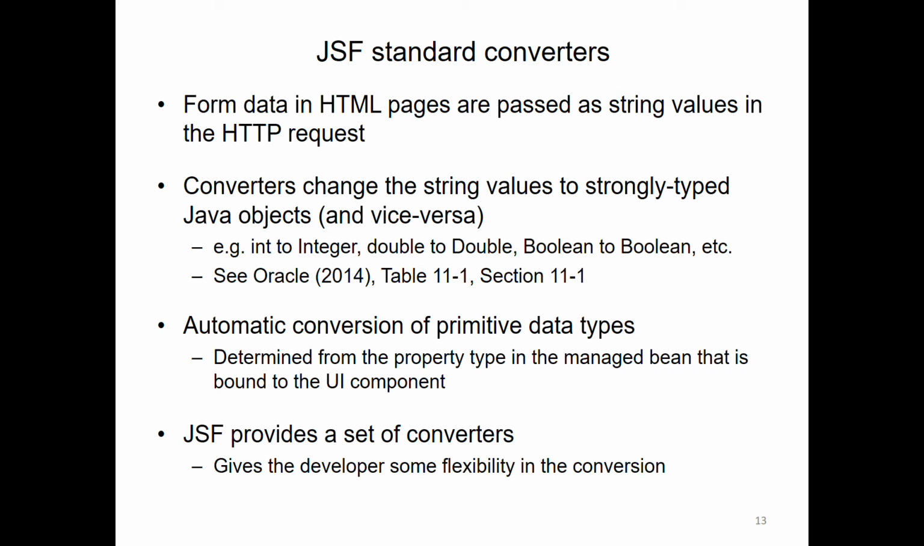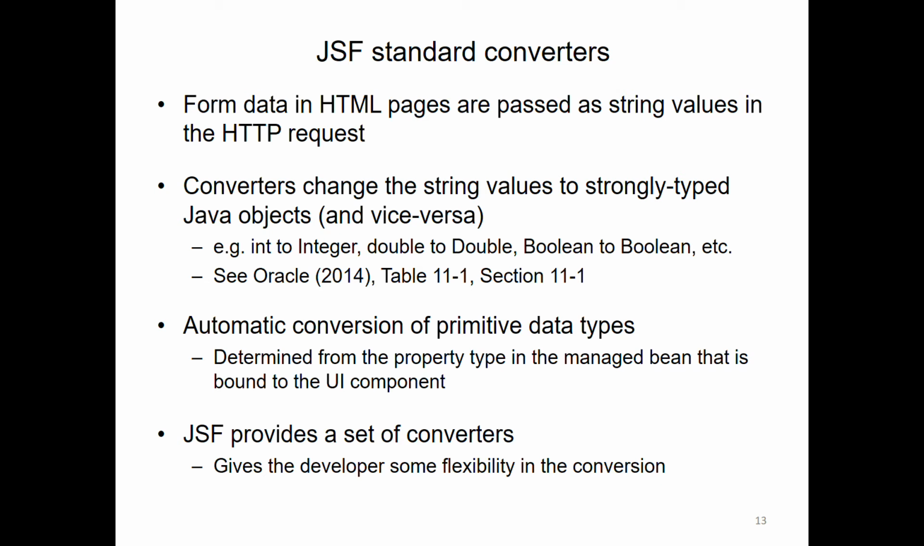But as we know from our work in Java before, that could throw an exception. We can get other kinds of exceptions that occur. Those are the kinds of things that will cause the conversion to fail. And if the conversion fails, the entire life cycle is aborted, and the original view is rendered again with some kind of message. We'll get automatic conversion of the primitive data types, which is determined by the property type in